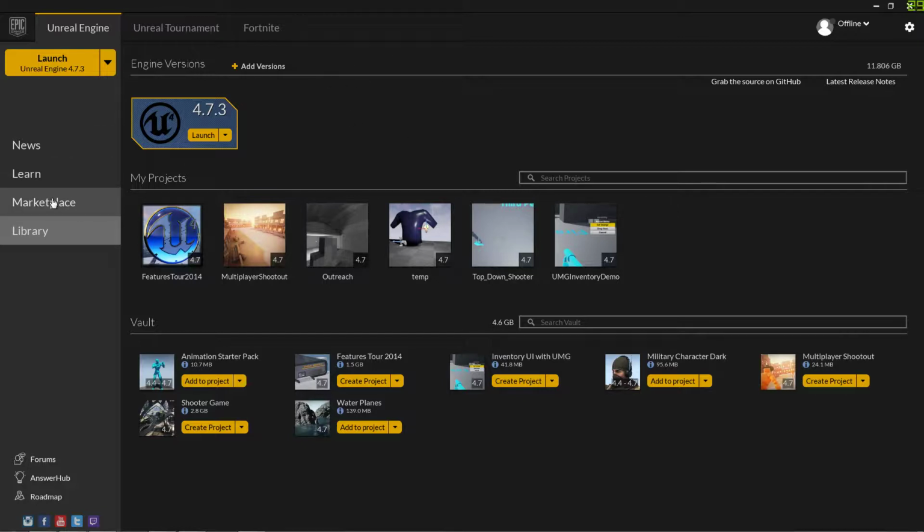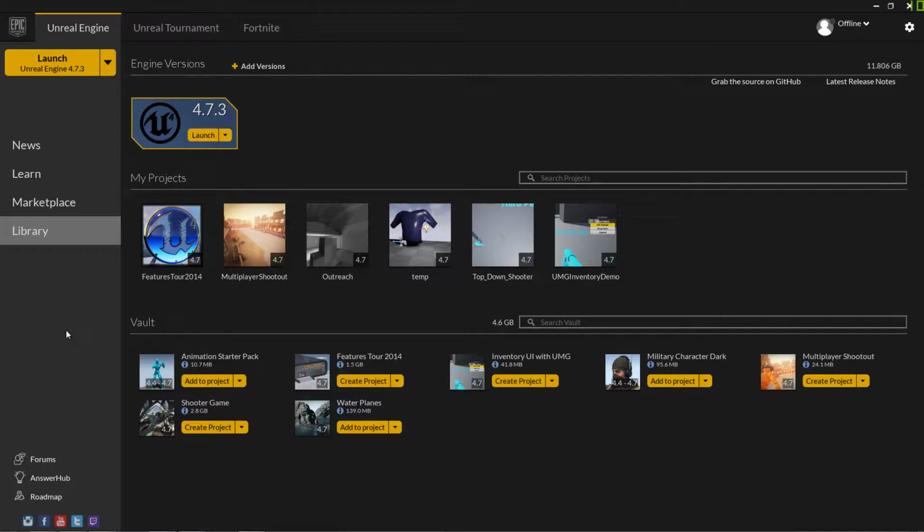Marketplace, you can buy things and even sell things on there. Get things into your project, if you want to add more content like sounds, characters, animations, weapons, all sorts. So check that out if you need new content for your game. But note, by adding stuff from the marketplace into your game, other people might be doing the same. So as long as you don't mind the same stuff, but you can also just use it for placeholders and